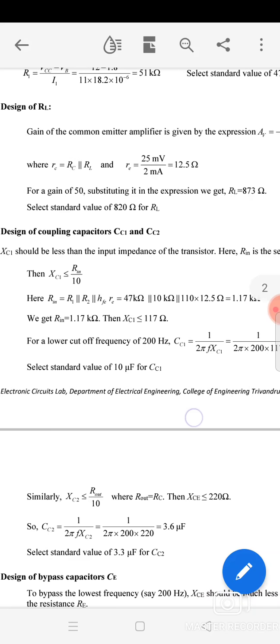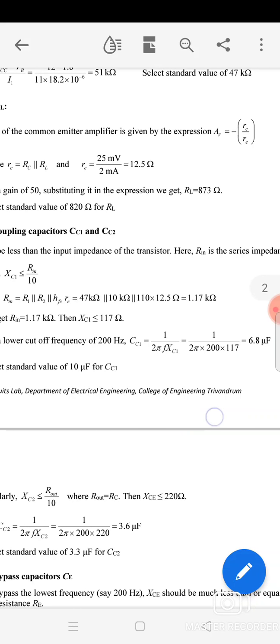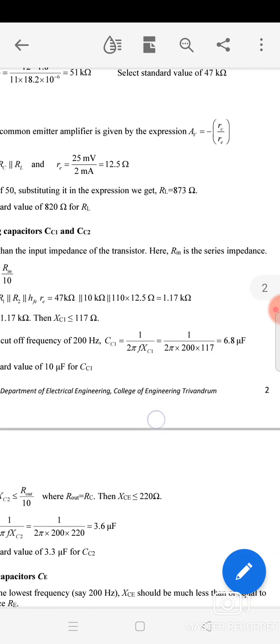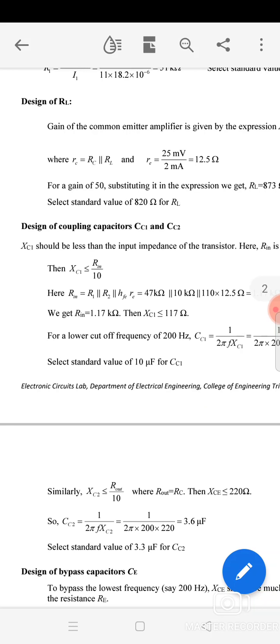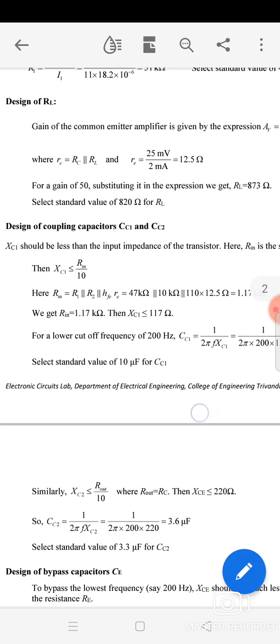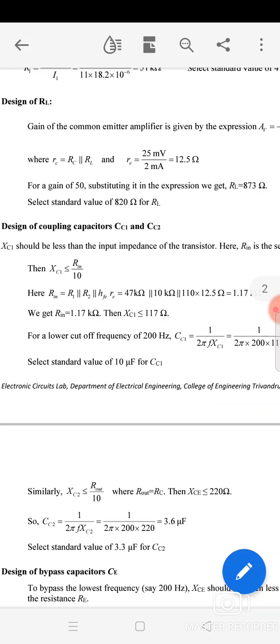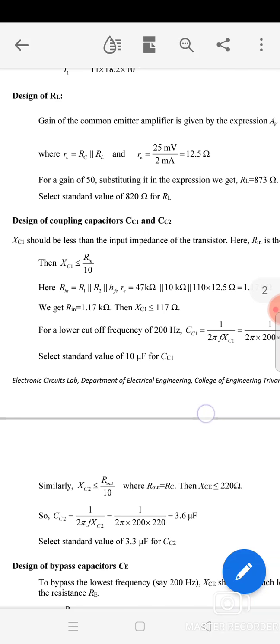XC1 should be less than the input impedance of the transistor. Here Rin is the series impedance, so XC1 is less than Rin by 10. So the XC1 value is smaller compared with the input impedance, that is Rin. Here Rin is equal to what? Rin is the resistance at the input terminal, made up of the potential divider network, that is R1 parallel R2 parallel HFE,